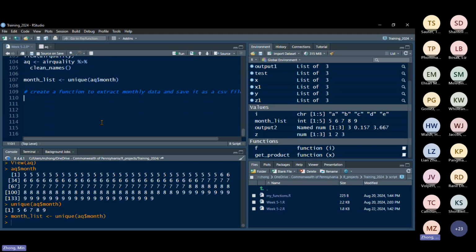It's always good to use some simple numbers to test if that function is correct or not. So usually my approach to writing a new function is I will start with one month of data. For example, I define a month like this, month equals 8. If you look at AQ, the month is 8. So if I want to extract the data in August,